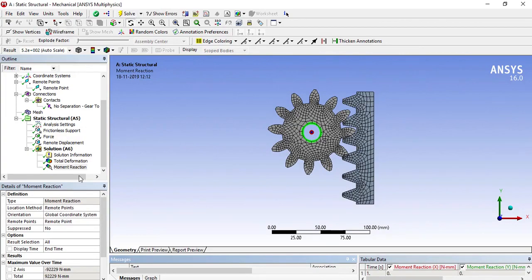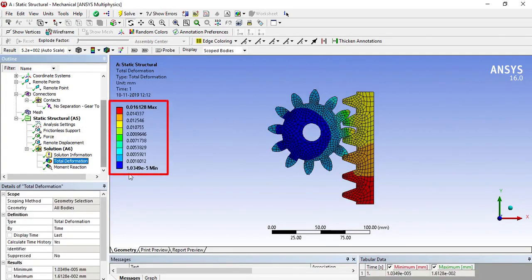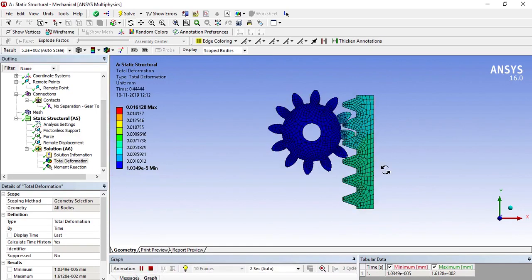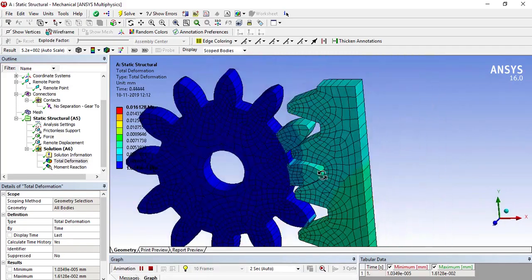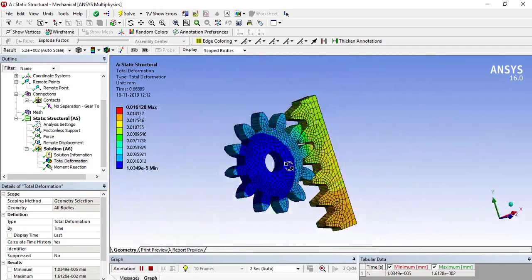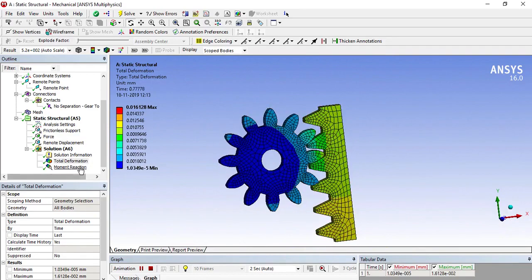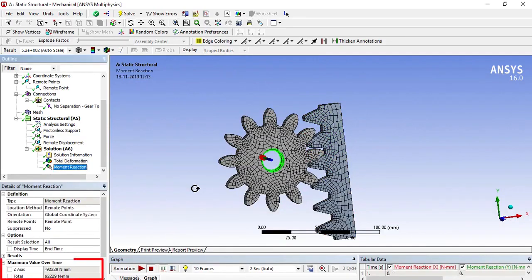Now select total deformation, and here you will find the values of deformation which is generated. The maximum deformation value is 0.016 mm. Now select moment reaction, and in the details window down here, you can clearly see the value of momentum is